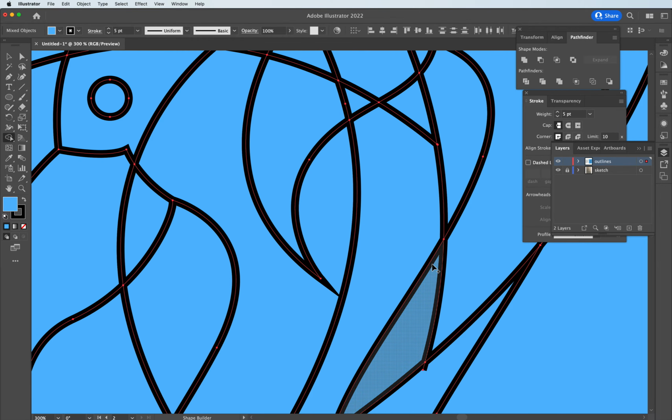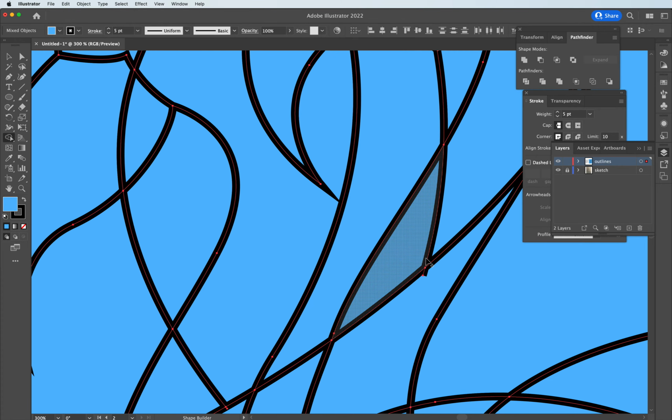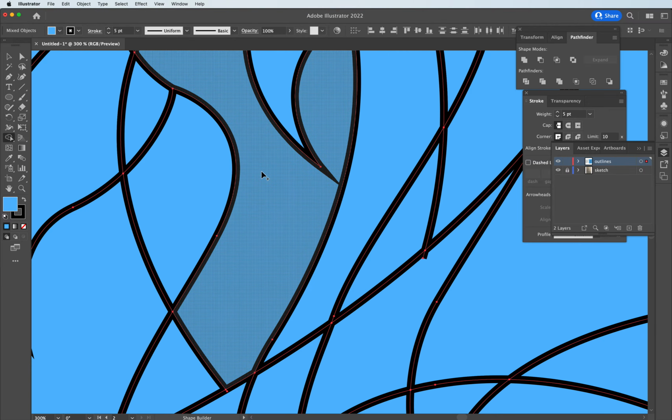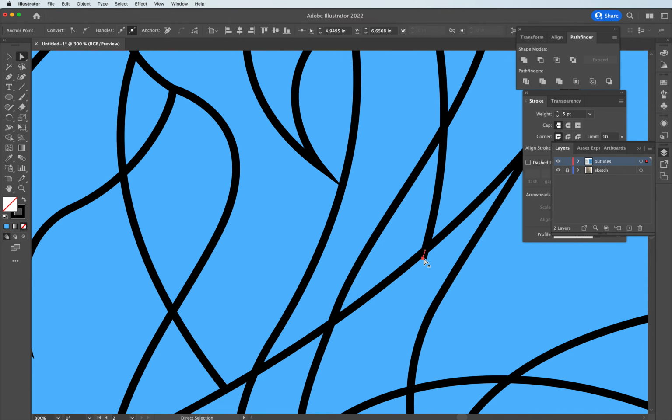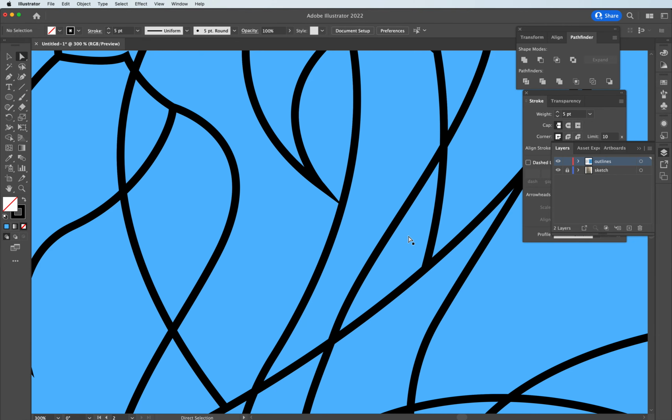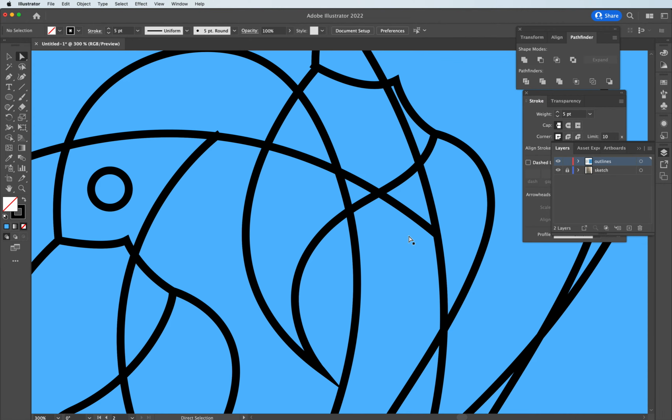But I'm also going to want to take a look at the anchor points that extend from the original lines that I presented. So if I notice that on this end anchor point, I can click on this anchor point, and I'm simply going to hit delete, and it'll take away from the original design. Same thing with the top. If I do need to make any modifications or adjustments off the shape,